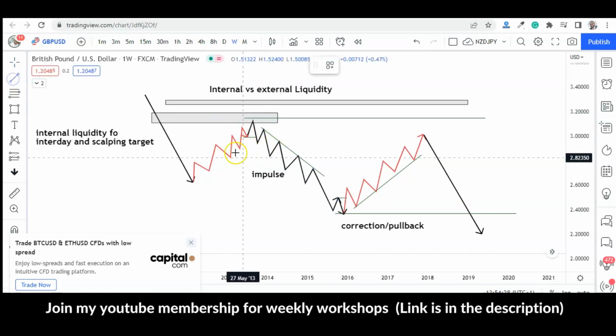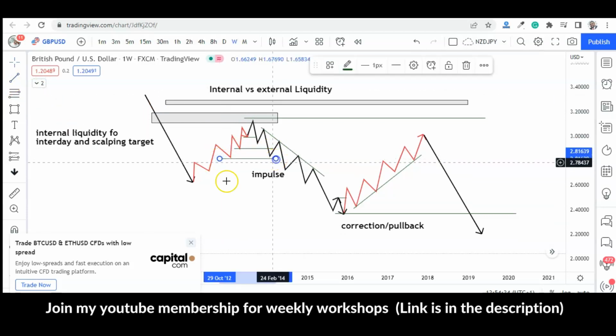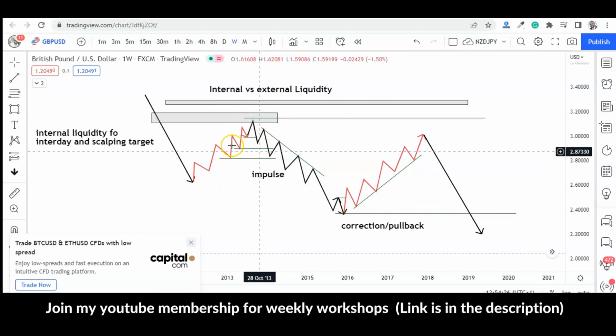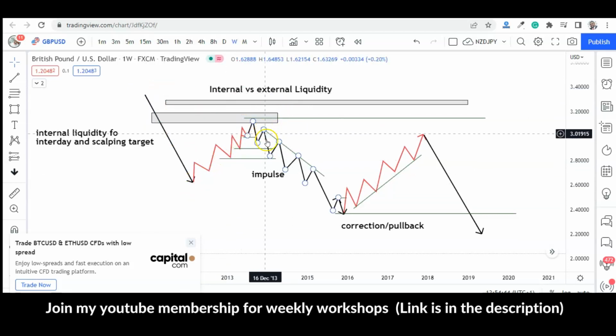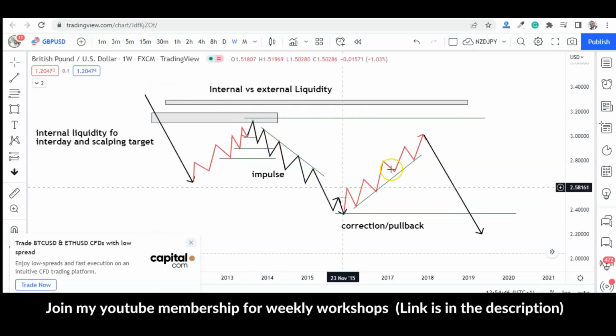All of these lows are my target. All of these lows will become my target. Why? Because I understand that they are liquidity. Internal range, from this high to this low, they are internal range liquidity, which I can easily target. Likewise, for